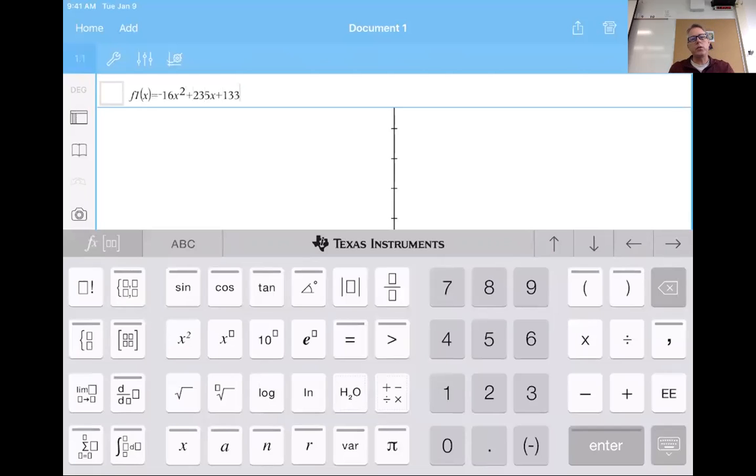Now, before I hit enter, I'm going to think about the things that we've talked about already in terms of polynomials. I am expecting, because it's a second degree, both ends to be going in the same direction. Of course, I know a second degree is a parabola, and I know that the leading coefficient is negative, so this is going to be a parabola opening downward. That's what I'm expecting. So if I hit enter,